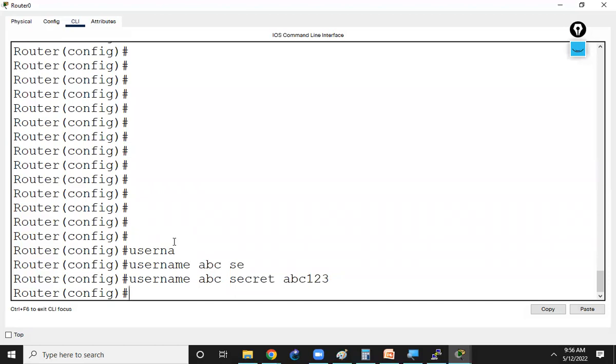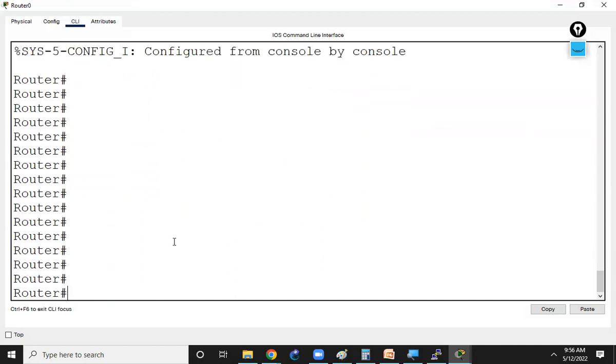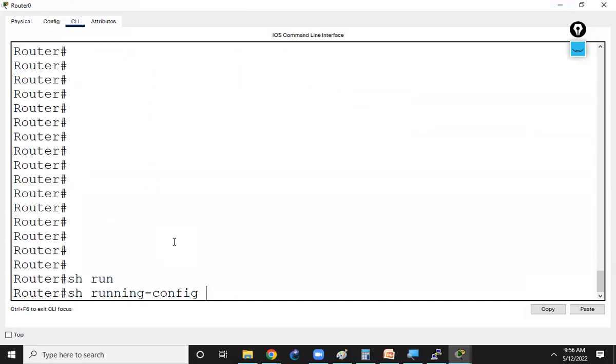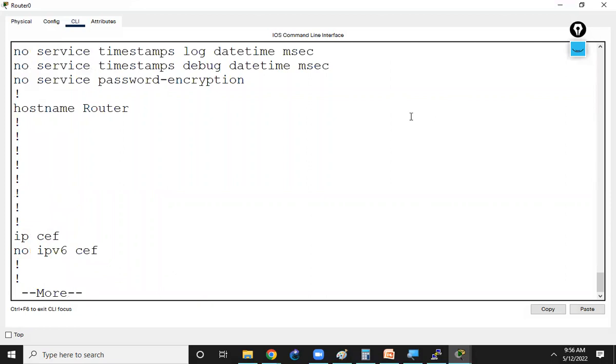Okay, so for Srikanth also I can configure a secret password. For me also I can configure a secret password. So for each individual user you can configure the secret password. And the advantage is that, let me tell you the advantage. So again, show running-config. Okay, when you execute that,